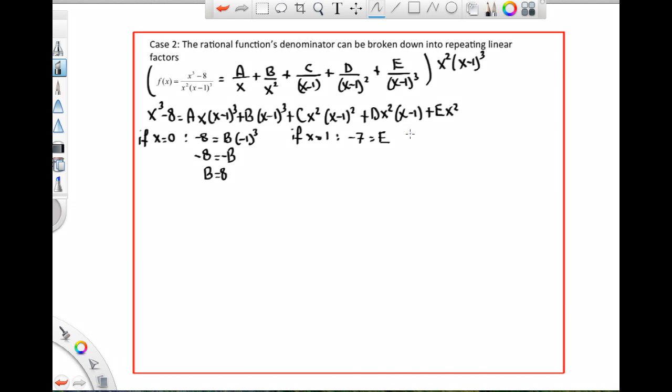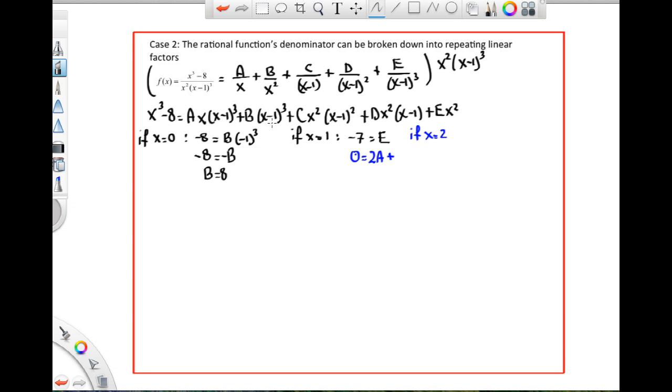Well, I'm going to get the rest by just saying what happens if x is equal to 2. So I'm picking 2 here because I'm hoping we get some cancellations, like 2 cubed is 8 and 8 minus 8 is 0. So you're going to get 0. If I plug in 2 here, I get 2, and 2 minus 1 is 1, so 1 cubed is just 1, so I get 2a,